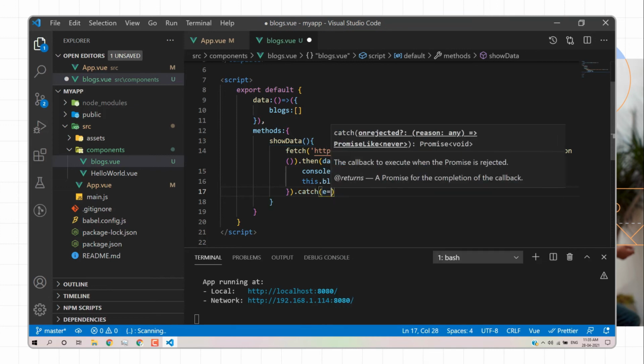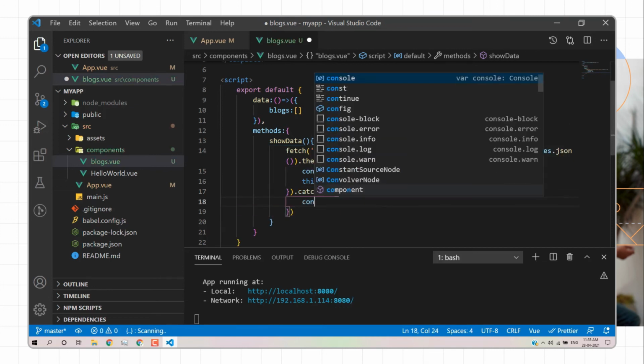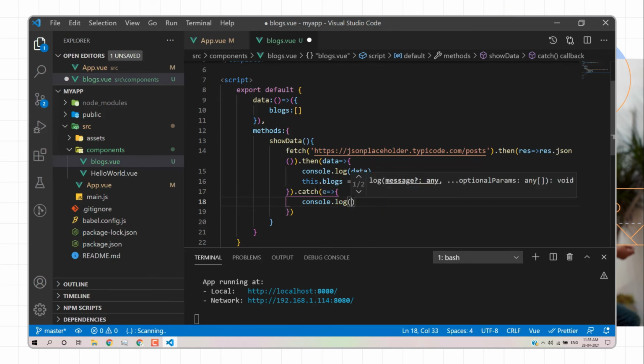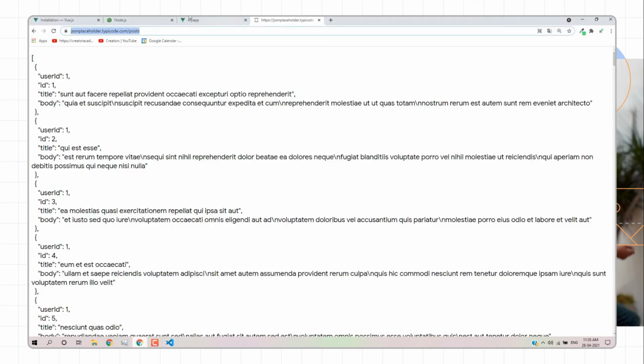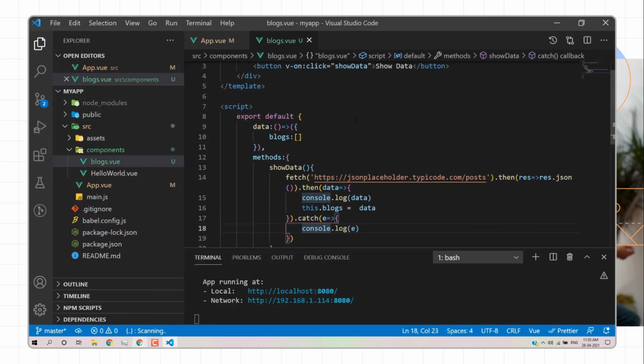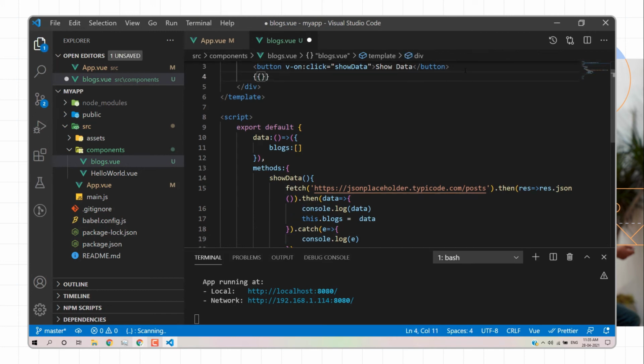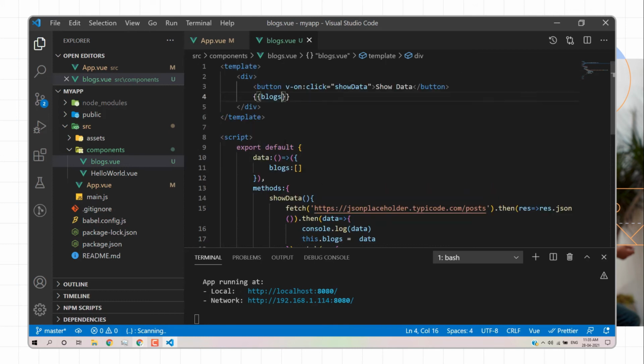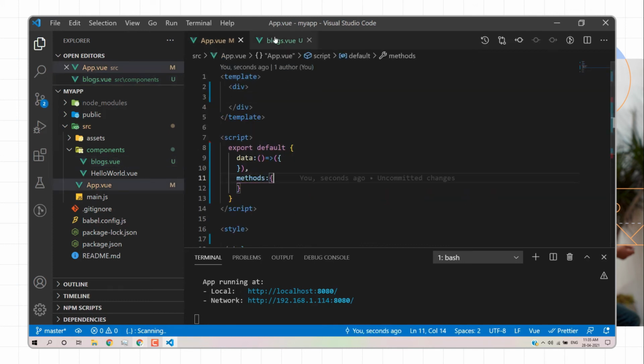We do not have the component yet, we have only created the UI part, and we can also print these blocks just for understanding purposes. Now we have created a component for the blocks. Now we need to integrate that blocks component here. How can we do that? We need to import the blocks.